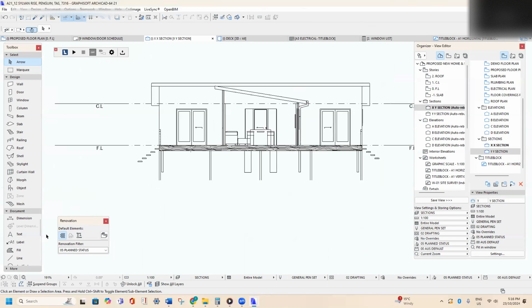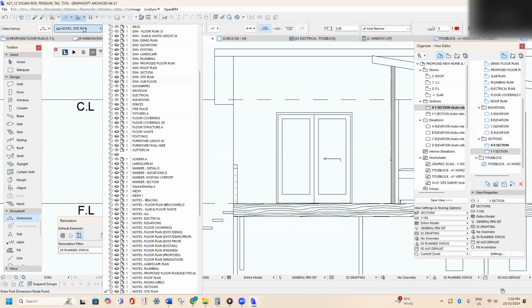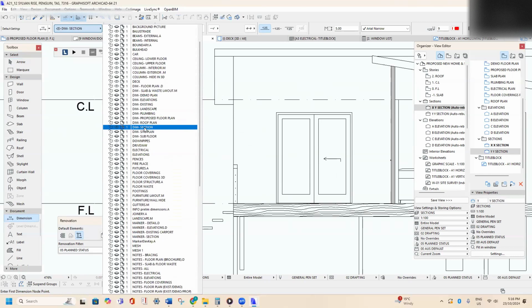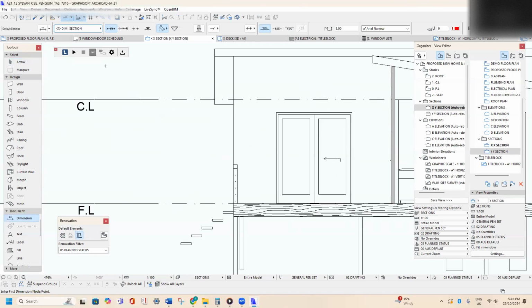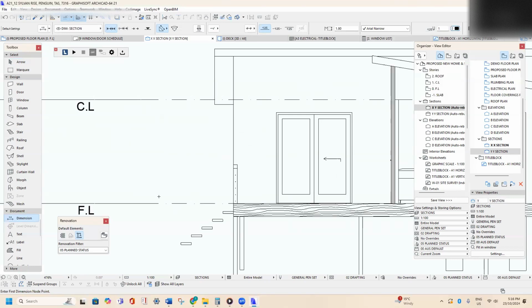Okay, from here, you can click on the dimension. Click up here to change the layer, put it on dim section, short for dimension, the section. We'll check the settings first. We can change it to 1.8 and change it to black, and it's on Arial Narrow. If you click on this line,